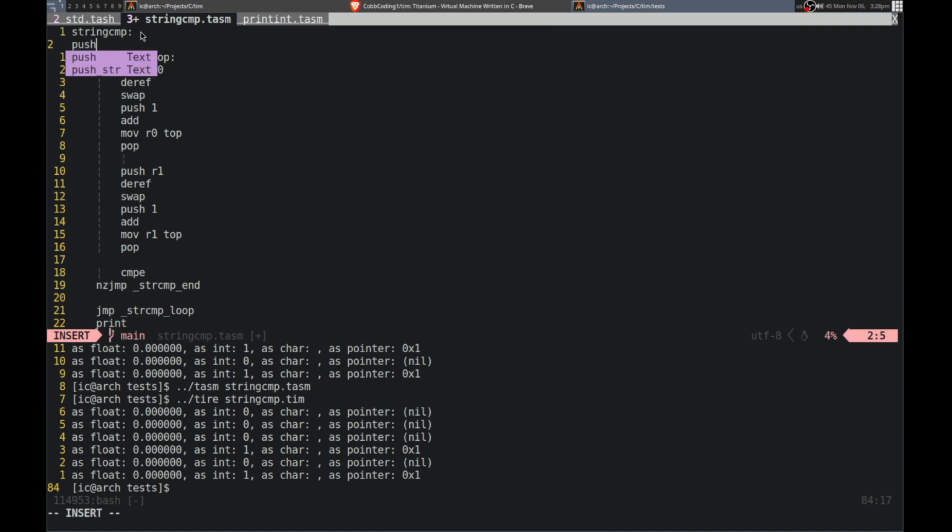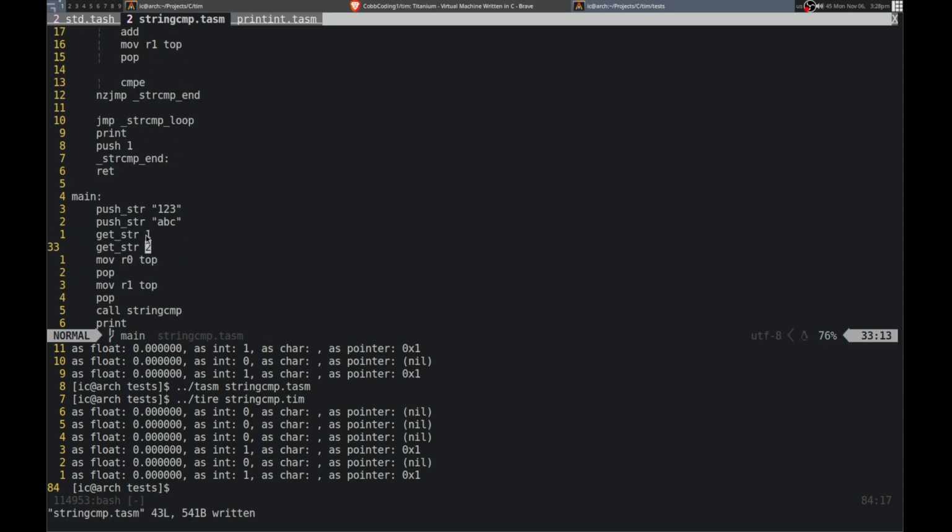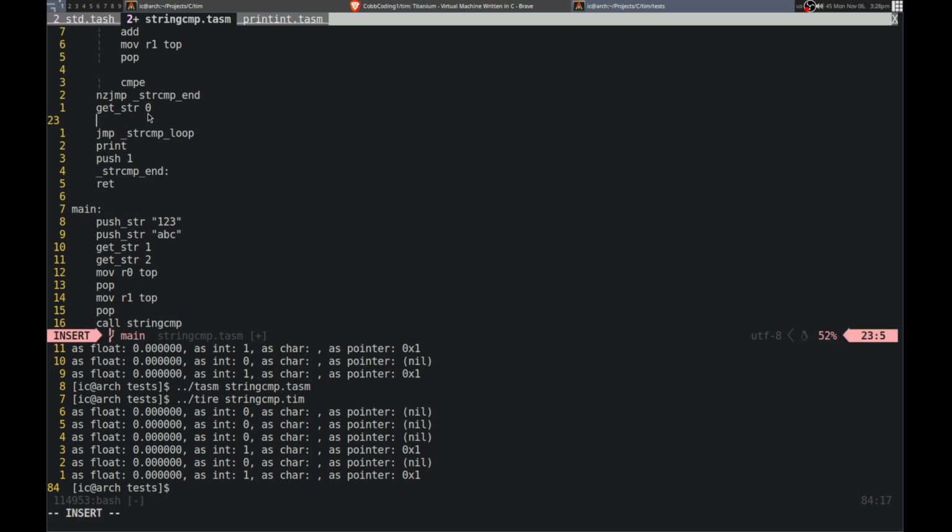So if we push that up here, push str something like that, and then we can get the string. So this actually needs to all be iterated now. So then if we get str 0 like that, then we need to compare. So we don't actually need to use string compare, right? Because we can actually do the same thing that we're doing here. So then deref, and then deref, and then